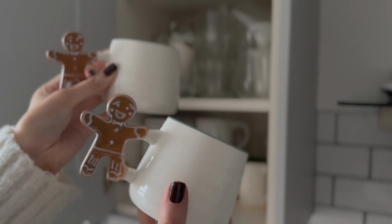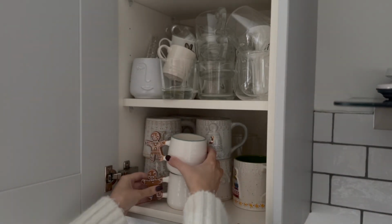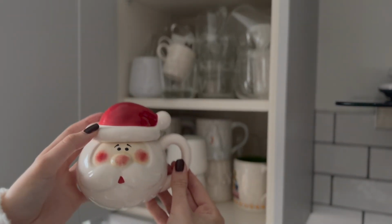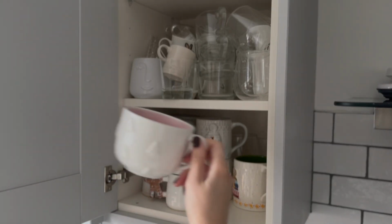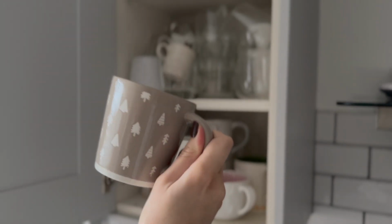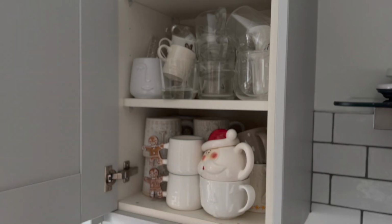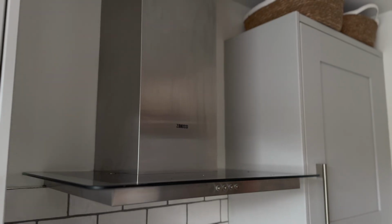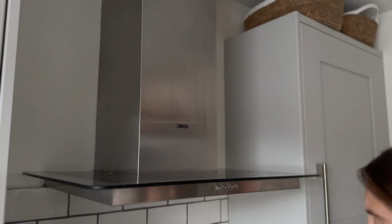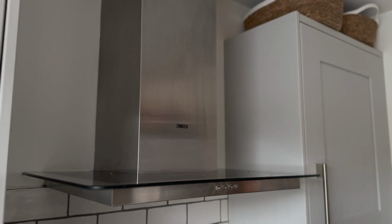And then I've also got this pair of gingerbread man mugs from Next. I've got this Santa mug with a lid and this white Christmas tree mug, and then a neutral Christmas tree mug from Matalan. So luckily my large Christmas mug collection just about fits in the mug cupboard. Next to my mug cupboard is my extractor, and I thought that it would be nice to put a wreath